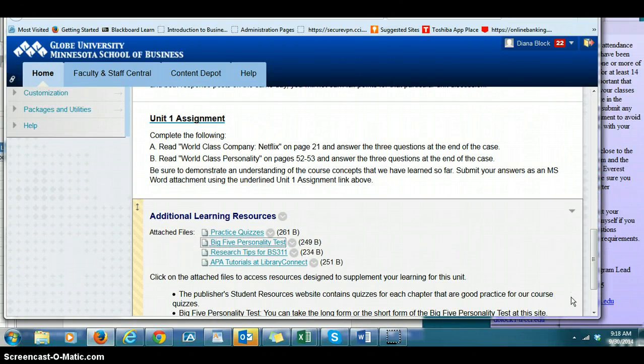Then you've got some additional learning resources. This week you're going to read chapters 1 and 2. Chapter 1 is an introduction to organizational behavior and explains the science of organizational behavior and why it's important. Chapter 2 discusses